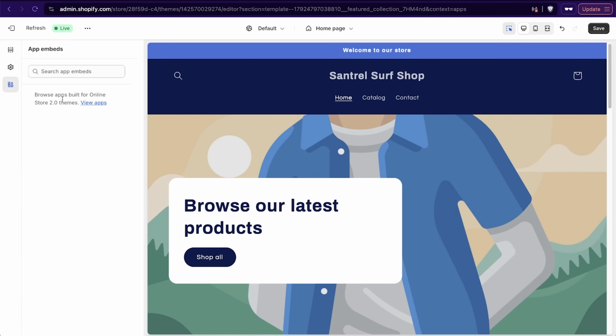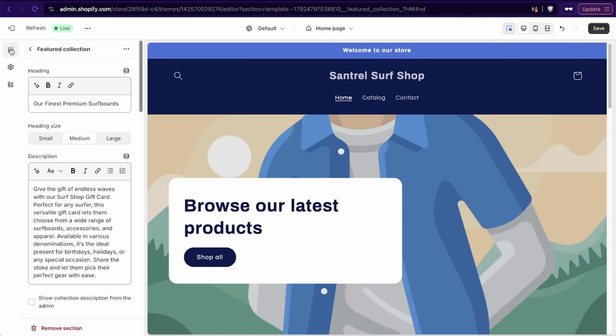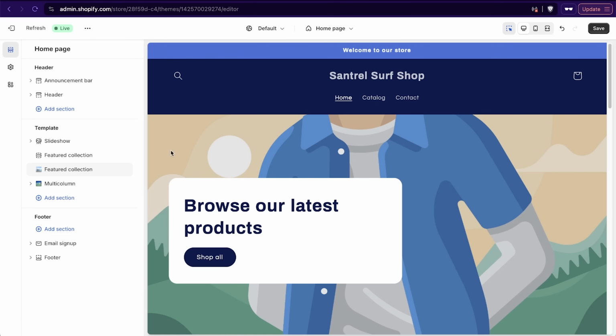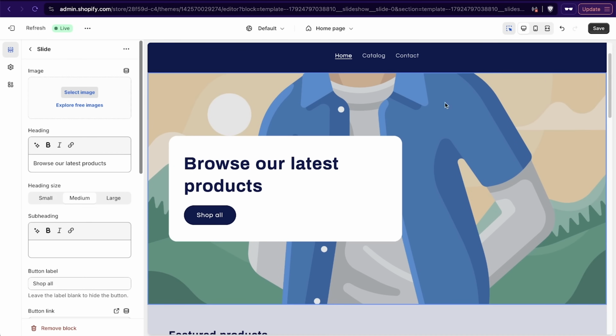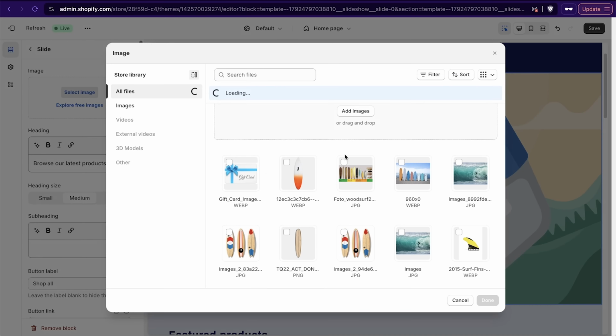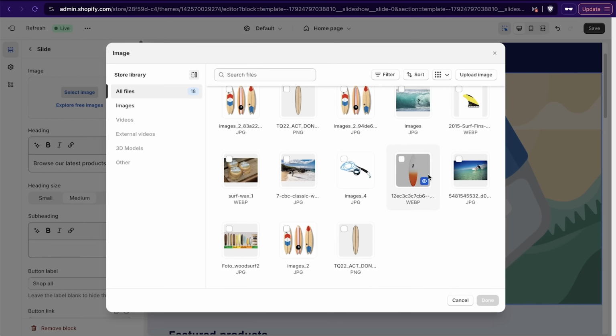Then we have app embeds. I'm not going to really do that right now, but if we go back to sections, click on back, we can start customizing a little bit more about this. So maybe on the very top, this right here, remember I said click on it and we can edit this section. I'm going to select an image, and let's just say the first image is going to be